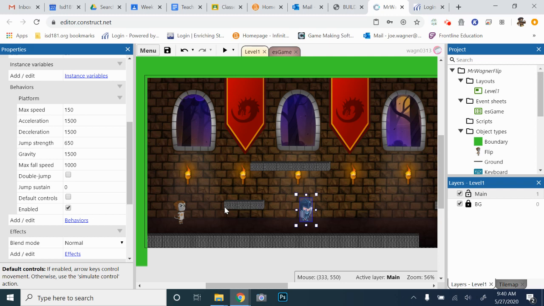Next thing, what we're going to do is we need to make some instance variables for our knight. Now, instance variables are basically variables that are just tied to that instance of an object. So the reason why instance variables are important is let's say the knights don't have health, but let's say they did, right? Because in a lot of video games, your enemies will have health. So if there was just a generic enemy health variable, if there's like 5 enemies on the screen, they would all be sharing that same global variable, and it wouldn't work because if I killed one enemy, then they would all get destroyed. So what an instance variable does is it makes it so each instance of that object has